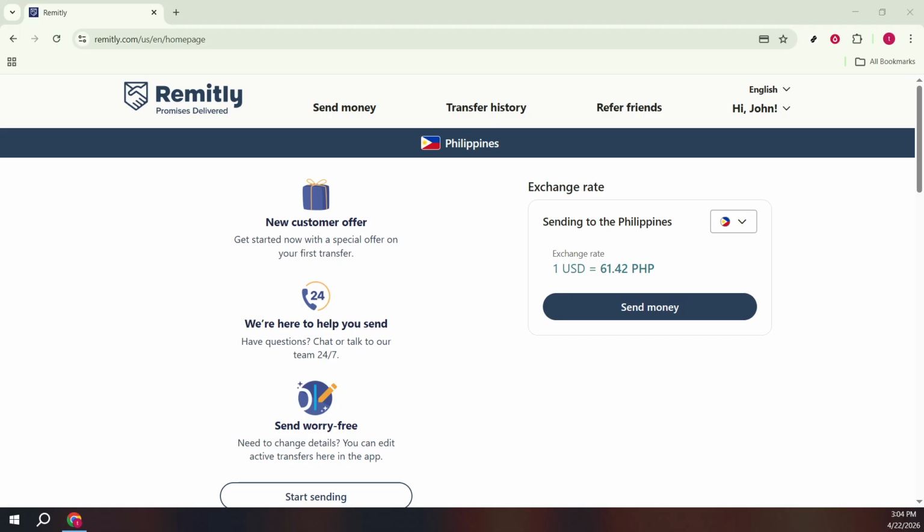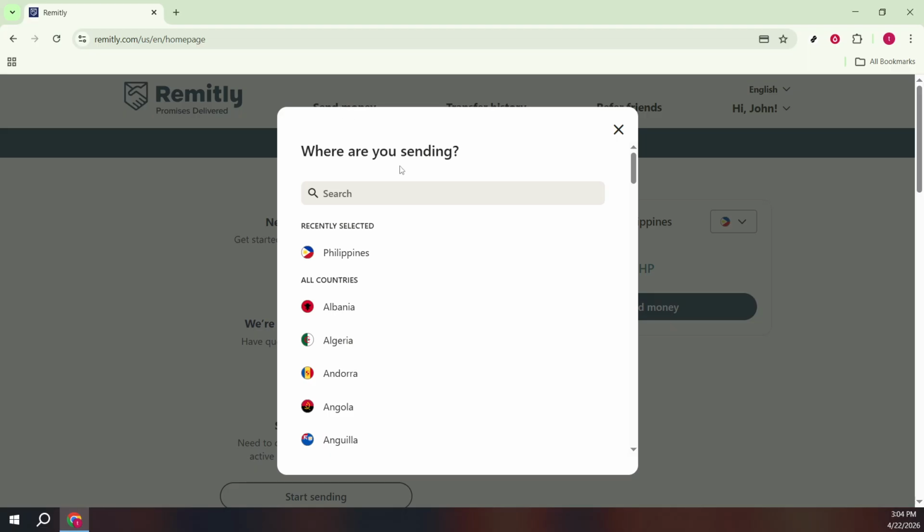Start by heading to Remitly's website in your browser. On the homepage, look for the option to send money and click it. This takes you into the flow where you'll set the country, amount, delivery, and payment details. If you're new to the platform, you can still follow along. Remitly will prompt you to sign in or create an account when needed, but our focus here is on the